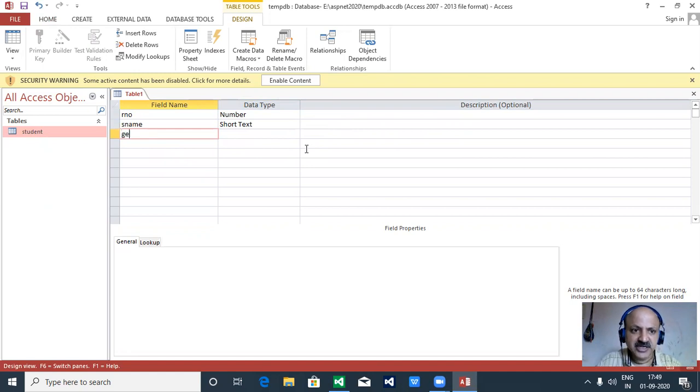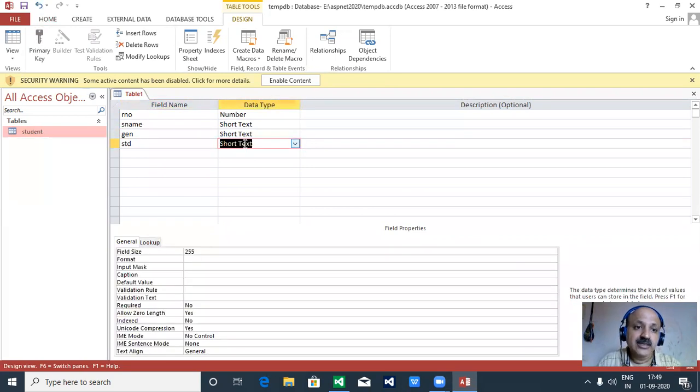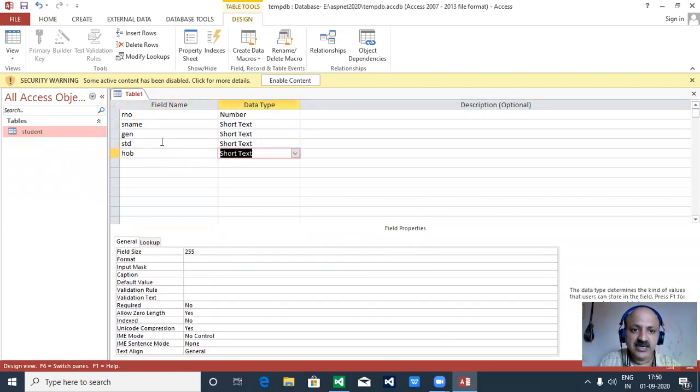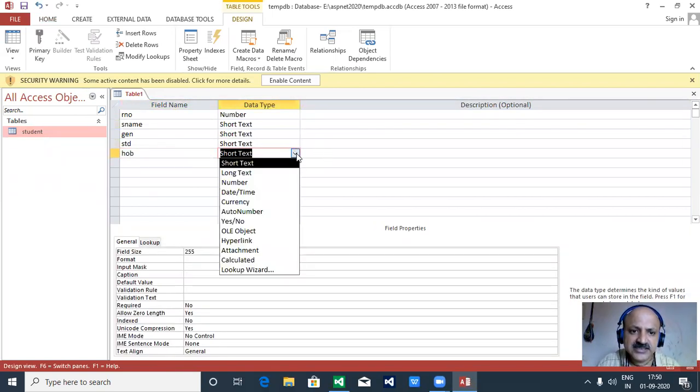And here is gender, gen, and standard, that is the fourth field, and when giving the variable name you can apply the rules of variables. So it must not be a reserved keyword, not any symbol, the first letter must be an alphabet, underscore is allowed, and you can use uppercase, lowercase, or a combination in the field name. Otherwise you will get an error. And property names you cannot give like password or date, height, width, that type of name. And last is hobby, but there are three hobbies, so that size is not sufficient.